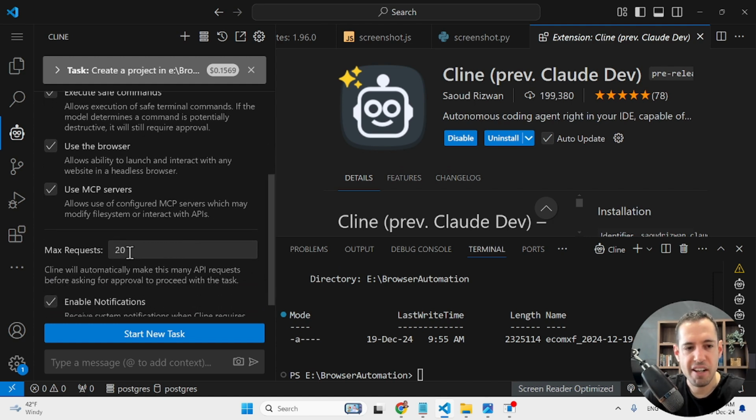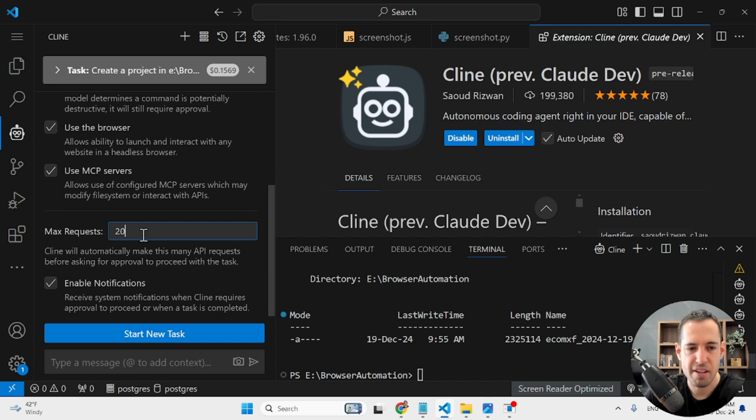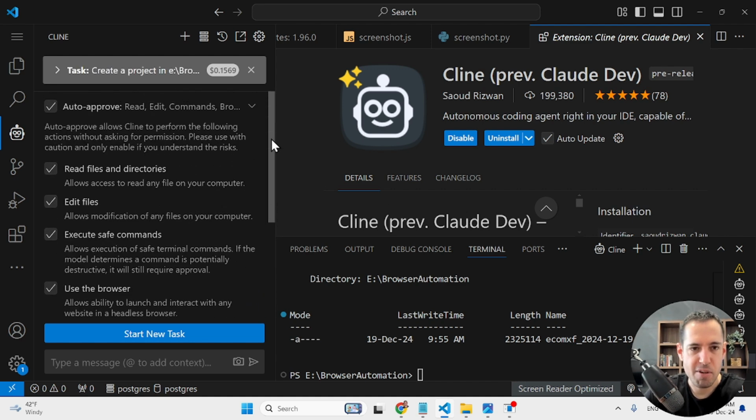And another cool feature is that you can add a maximum amount of API requests. So let's say you want Cline to roam freely, but you want to restrict it to only 10 API calls because you don't want it to just enter an endless loop and exhaust your balance. So you can define, I want Cline to do only 20 iterations, 20 API requests, and then ask for approval to proceed. And obviously there is an ability to enable notifications whenever Cline requires approval. So let me show you how it looks